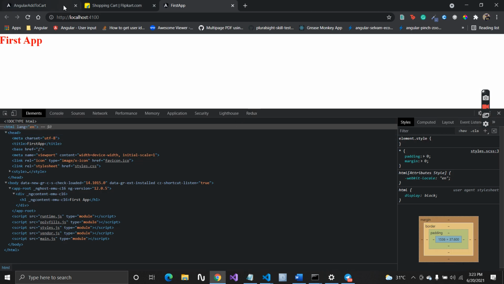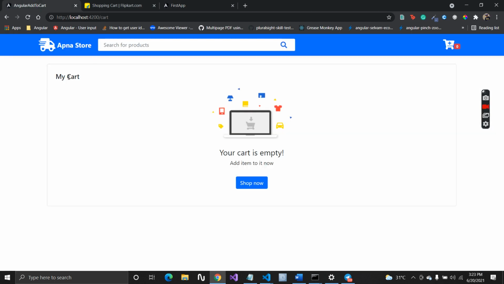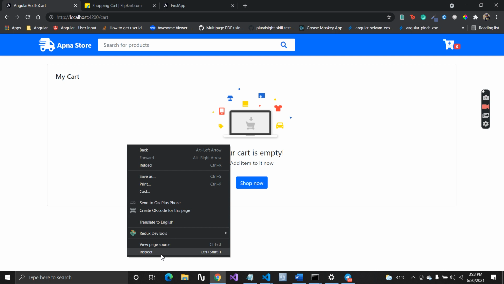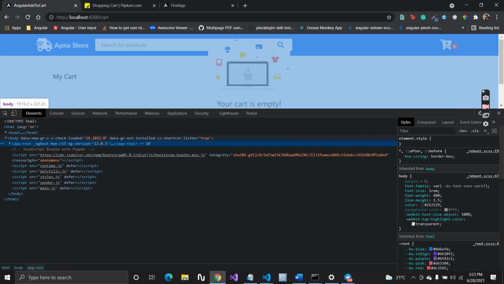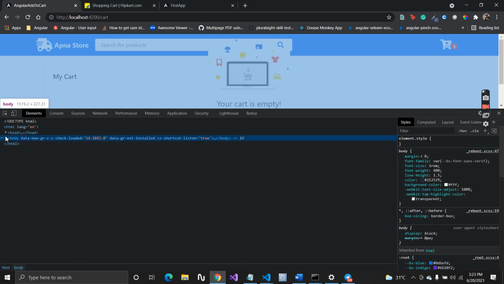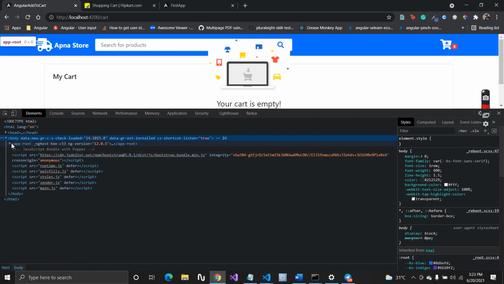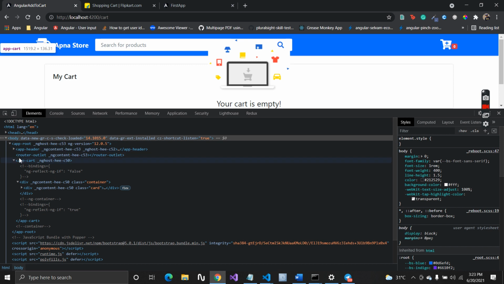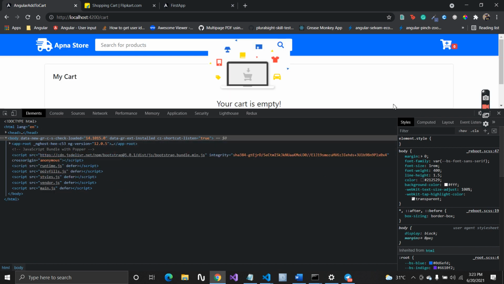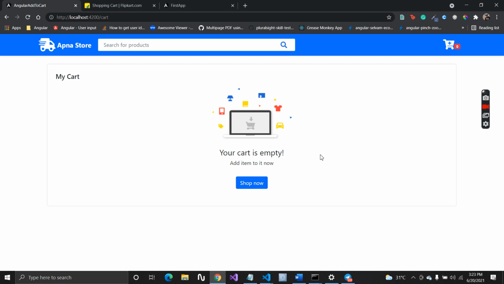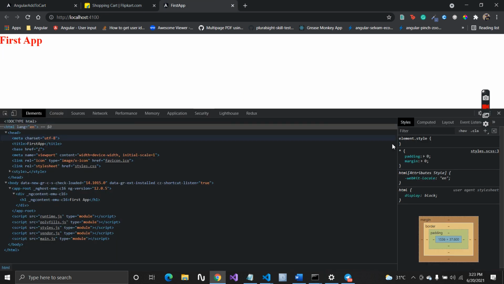If you want a good example, I am working on a project, basically an add to cart project. Let me show you here as well. Inside this body we have an app-root, and inside the app-root I will have all my components. Suppose I have a header component and a cart component, all the components will be inside your app-root. So this was just a basic flow of how exactly your Angular application runs.